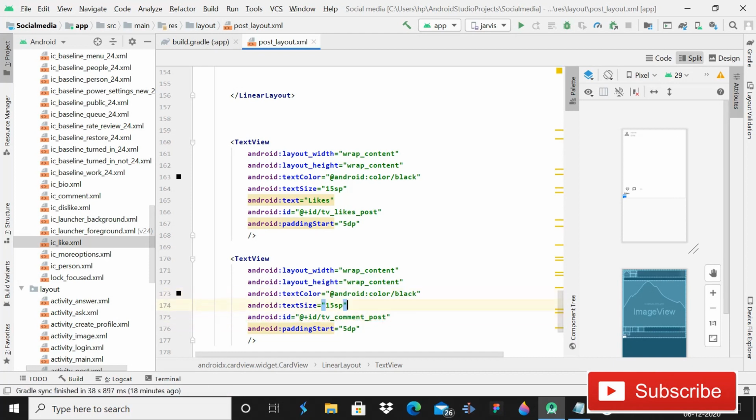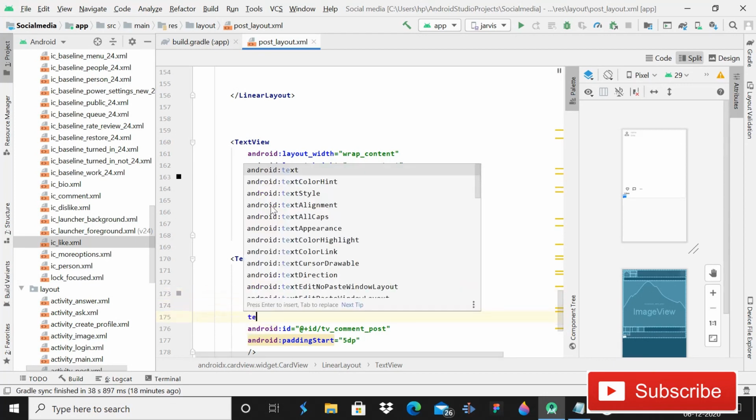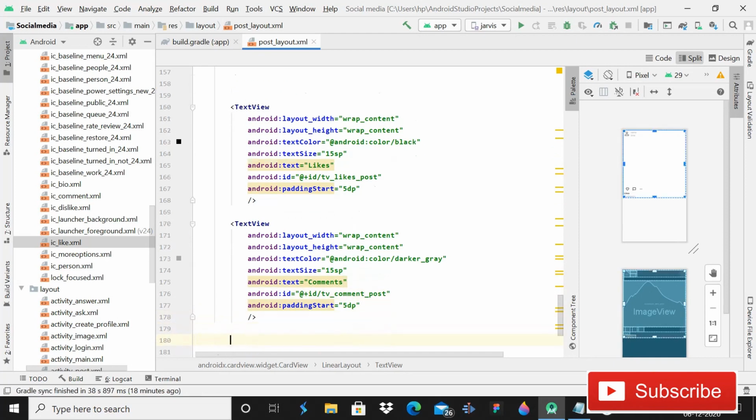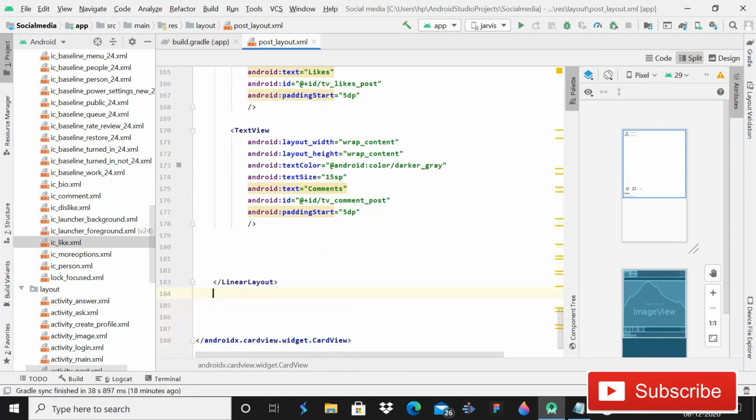Yes. After this, Ctrl+V. This one is for comments, so it is for TV comment. And after this guys, here you have to give the color will be gray. Yes, not black, you will give it darker gray, that will be okay. And text will be guys comments. Yes, I think that's okay, understand? So guys, now we have these likes, comments, and let me switch to this design section so I can show